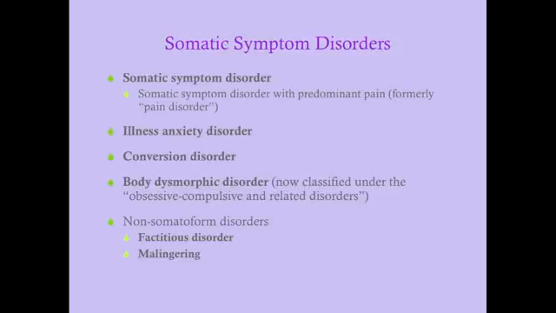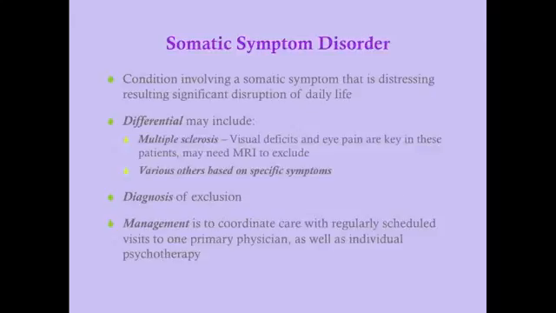I'll also talk about something that I consider quote-unquote non-somatoform disorders. I prefer that terminology. That's what I learned from the psychiatrists I work around. But factitious disorder, if you do go into the DSM-5, the criteria are given under the somatic symptom disorders. Malingering, on the other hand, is really not at all related to the somatic symptom disorders. This is really just a patient trying to take advantage of you.